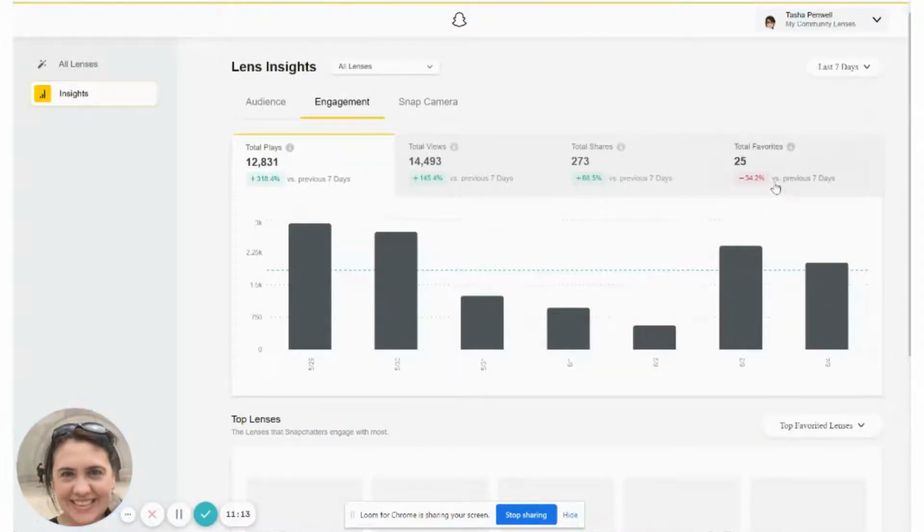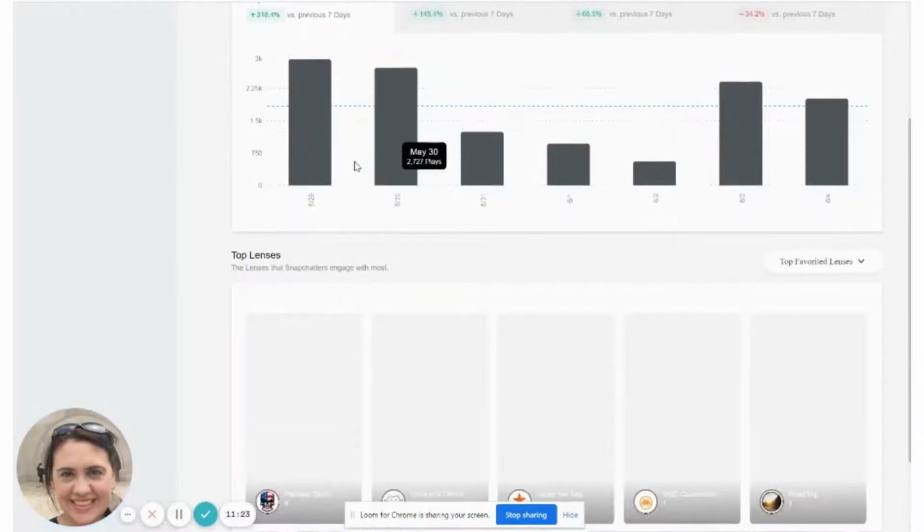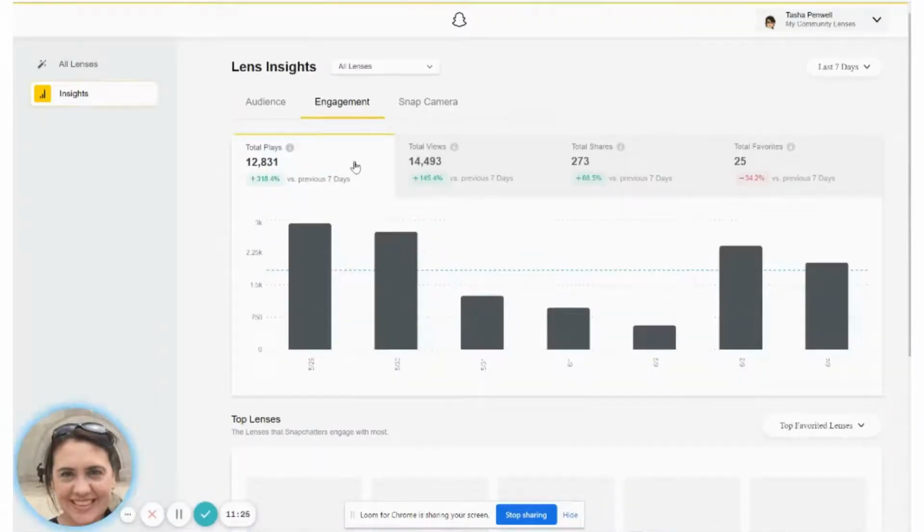So let's see. You can see, like, this is a percentage. My top total favorites has gone down in the past 7 days. And you can see all that really good information. So this has me really excited for what Snapchat can do in regards to creating some engaging content to target your ideal customer. And this is Snapchat filters and Snapchat